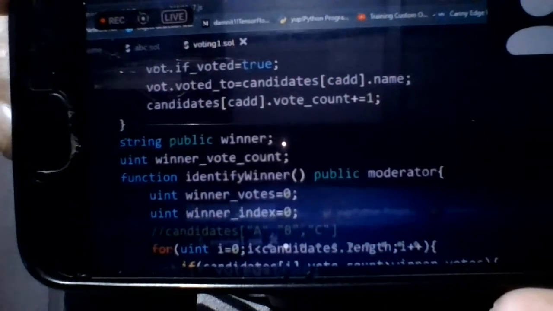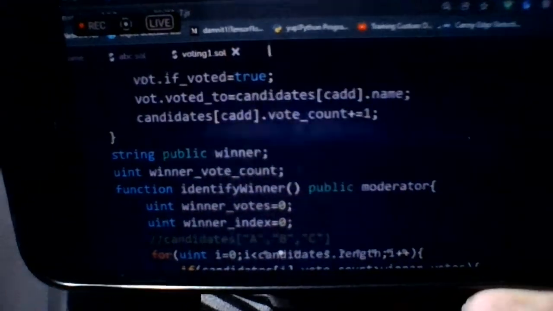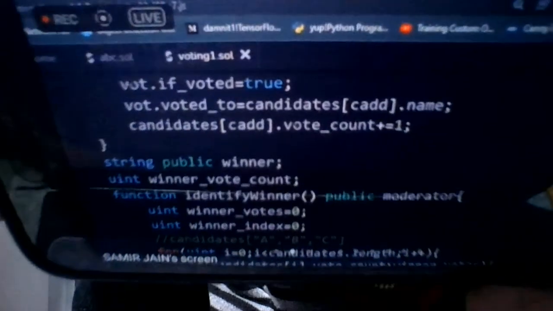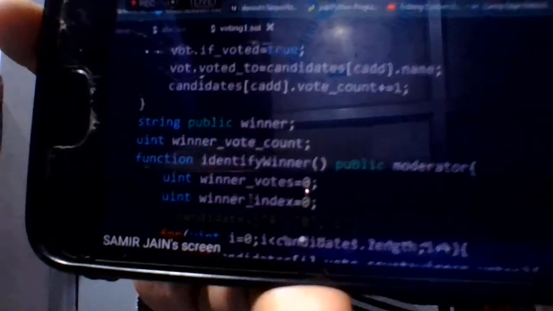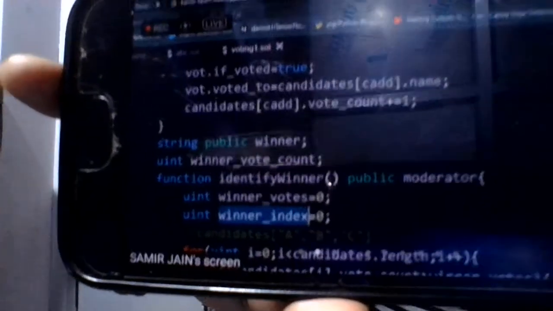Got this thing? Now when this loop is completed, the winner is identified. How is he identified? There is some index of that winner. We have taken winner as a string, so we'll store inside this winner the name of that winner.